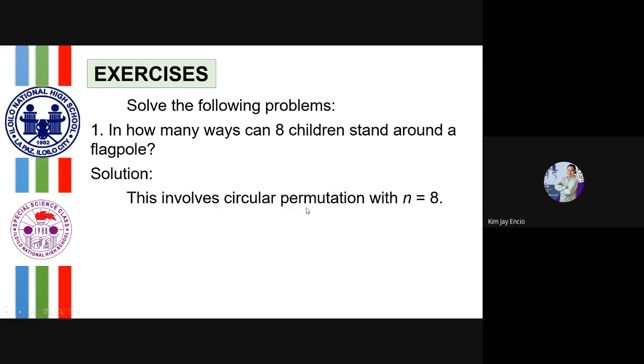So for the solution of this, our n is 8. So 8 minus 1 quantity factorial becomes 7 factorial. And that's 7 times 6 times 5 times 4 times 3 times 2 times 1, or 5,040. So there are 5,040 ways for them to stand around a flagpole. Next up,